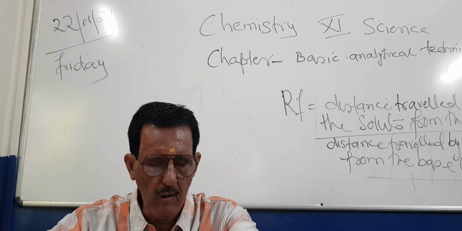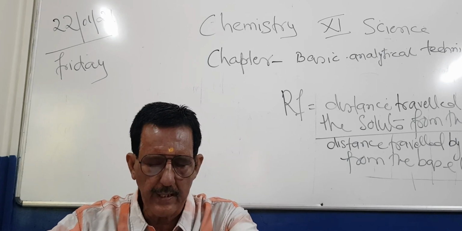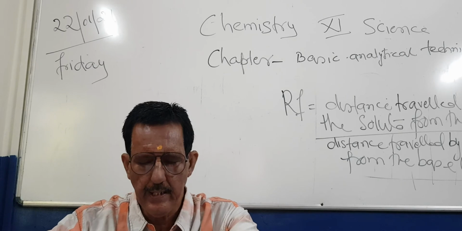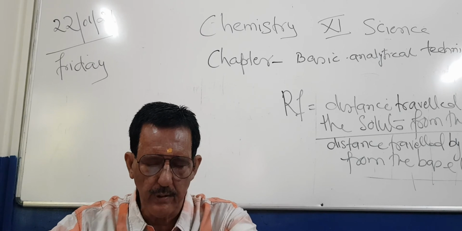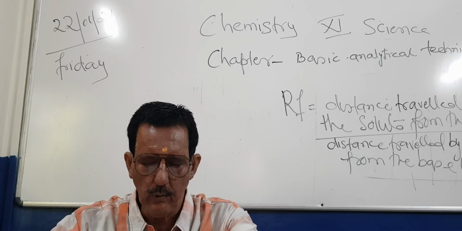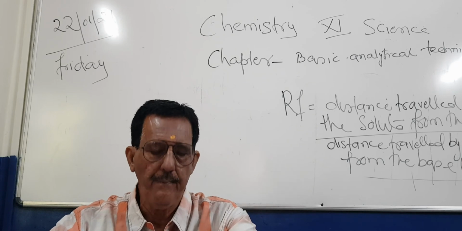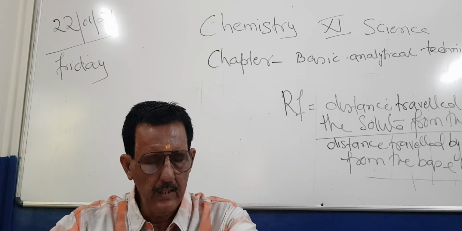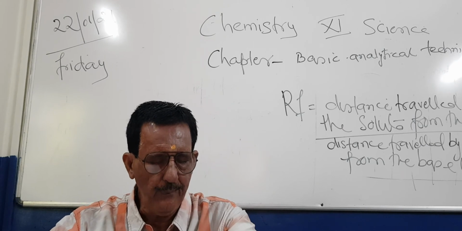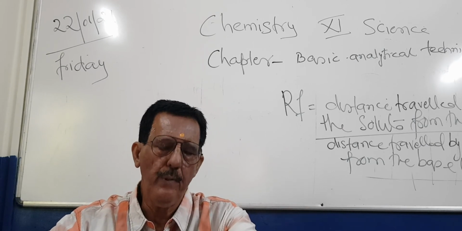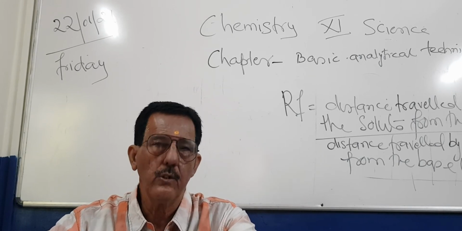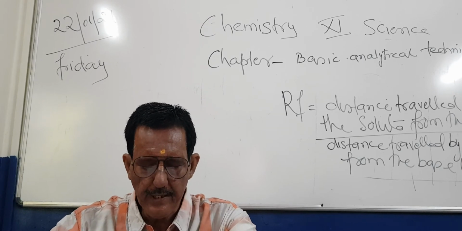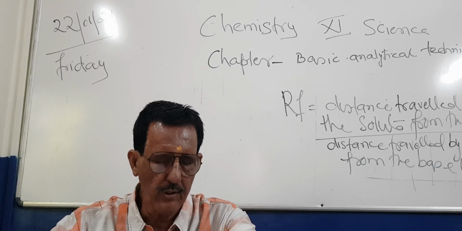Crystallization: the process of obtaining solid in a pure and crystalline form from its solution is known as crystallization. The process includes preparation of the saturated solution, hot filtration and cooling the filtrate, and filtration followed by drying and cooling of crystals. Now fractional crystallization we have also taught you. It is based on the difference in solubilities of two soluble substances. The two solutes are added to a hot solvent to form a saturated solution, which on filtration, cooling, washing with the solvent and drying forms a pure substance.